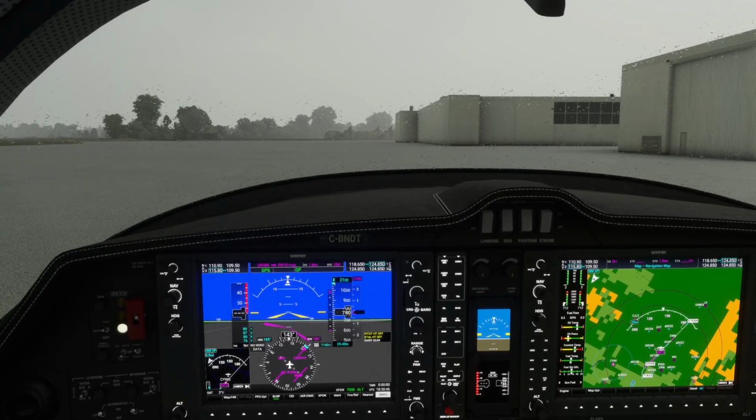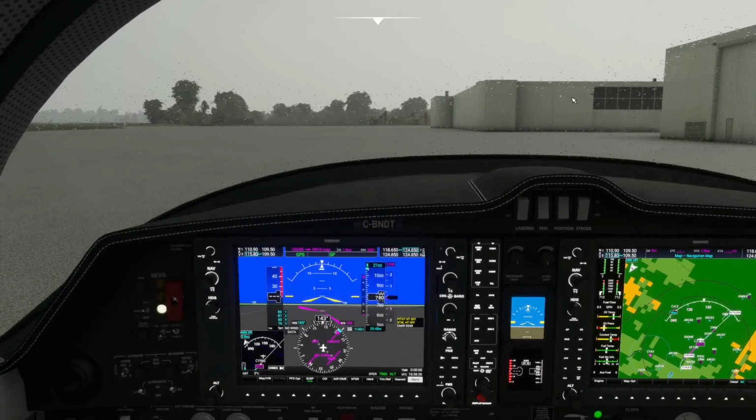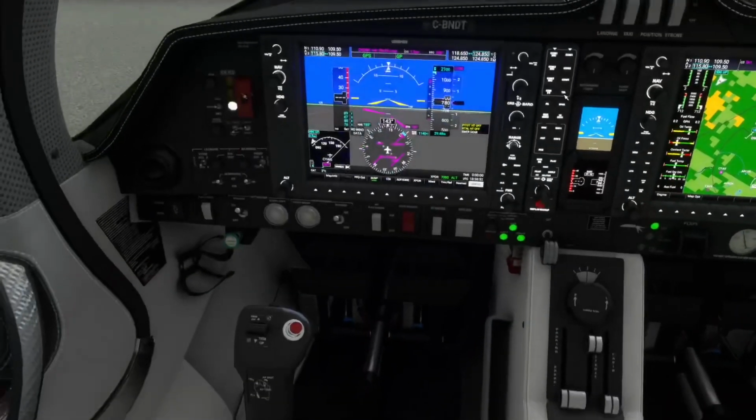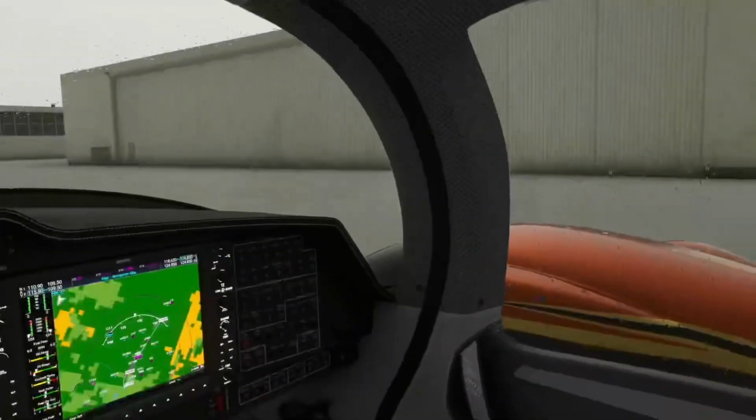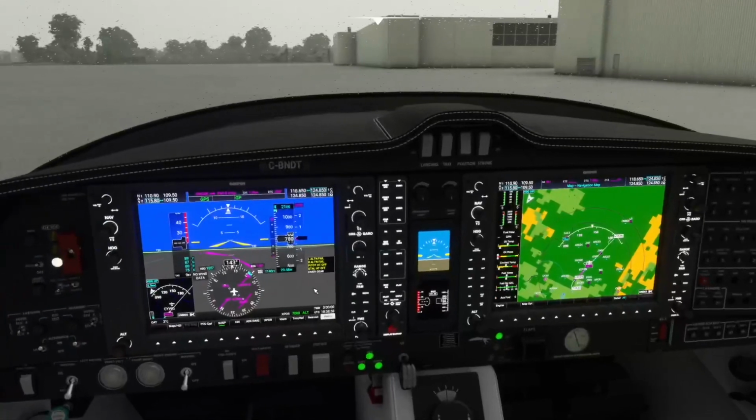So here we are, parking brake set. We'll get our taxi light off, and we'll get our engine masters off, and that's it. Welcome to